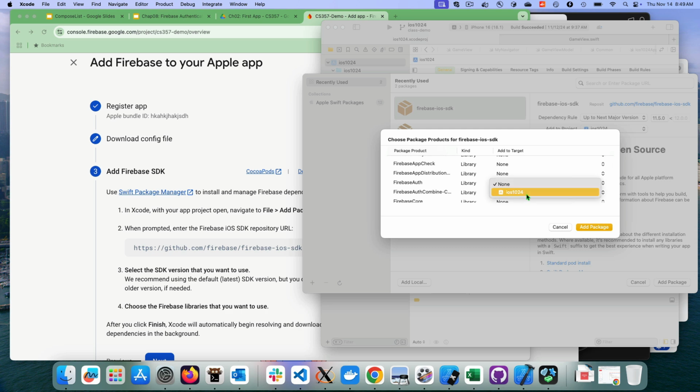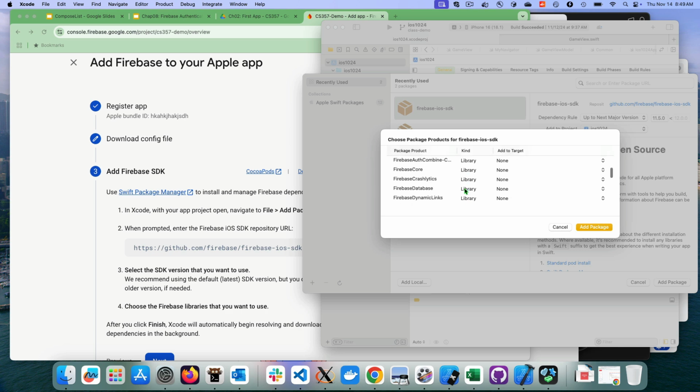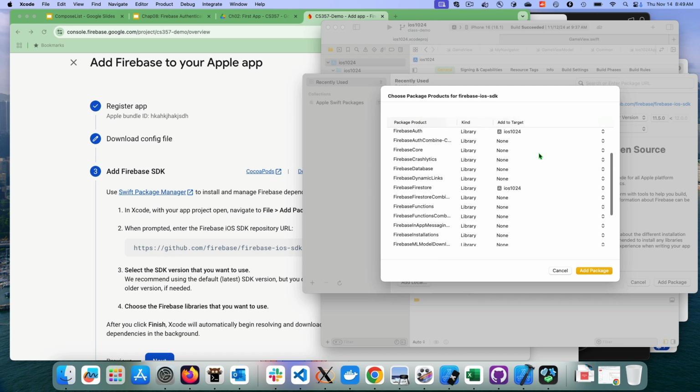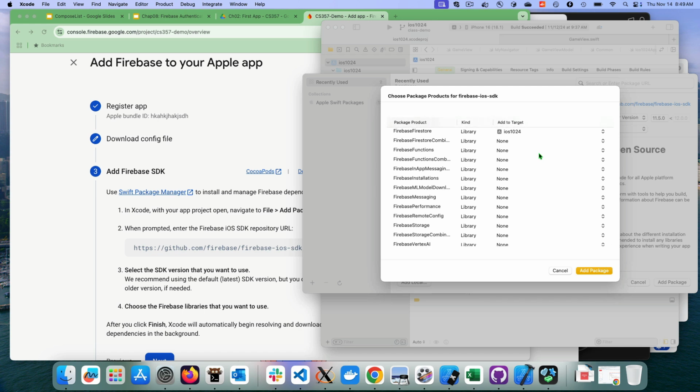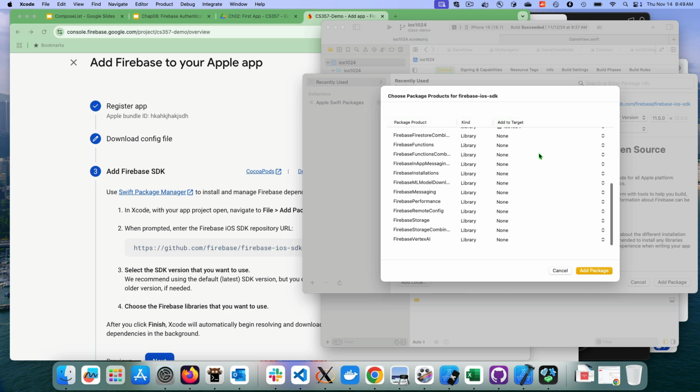Change that target to your project, and then select Firestore, and then add it to your project. So you should have two of them, Firestore and Auth. Okay, Firestore and Auth. And if you click Add Package,